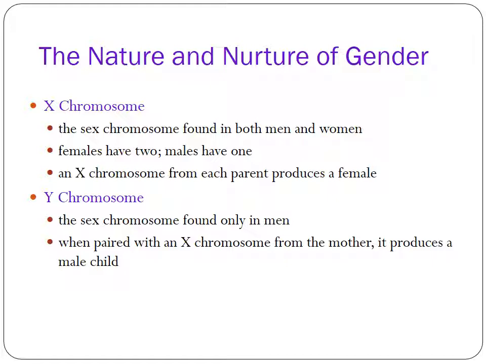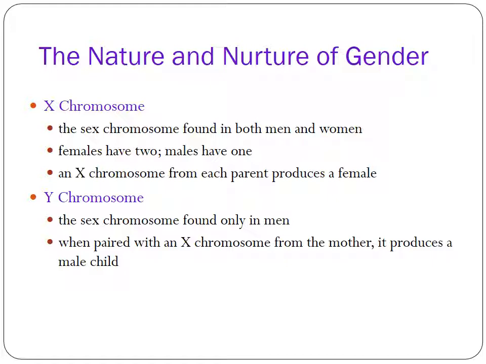We want to make sure that you guys understand X chromosome, Y chromosome. I feel like from our previous discussion, you should. X chromosome, you can get one from mom and you can get one from dad. Y chromosome, you can only get from dad. And this will make sense when we get into discussions about things like color blindness. To be colorblind, it's more often in men because it's going to be what we'll call an X-linked trait.